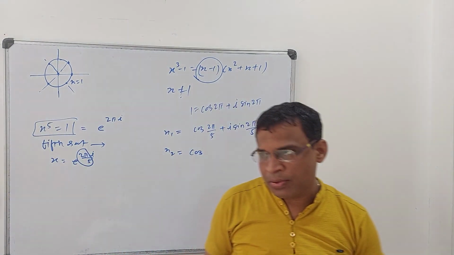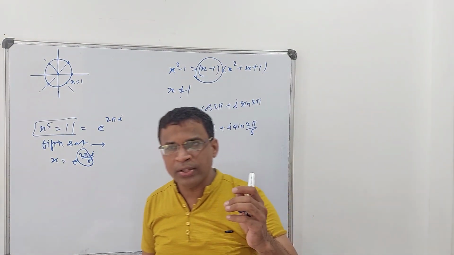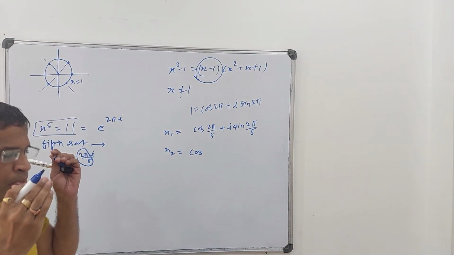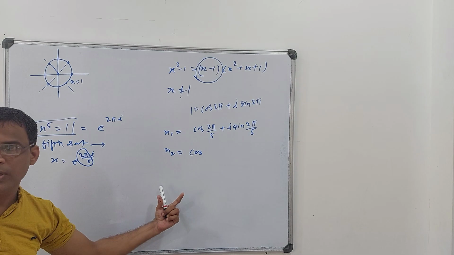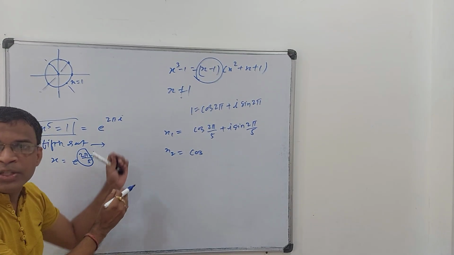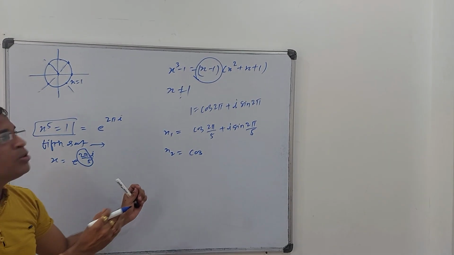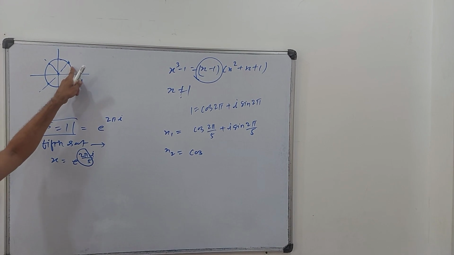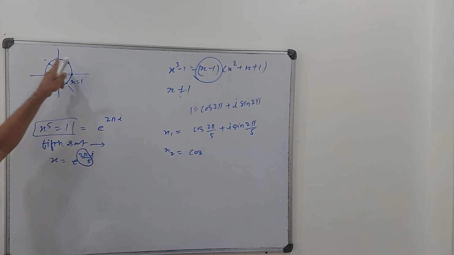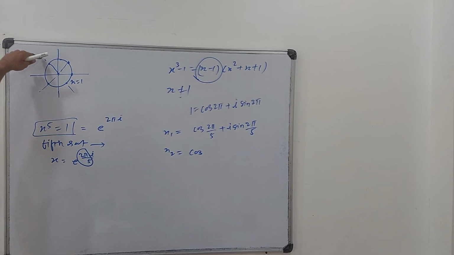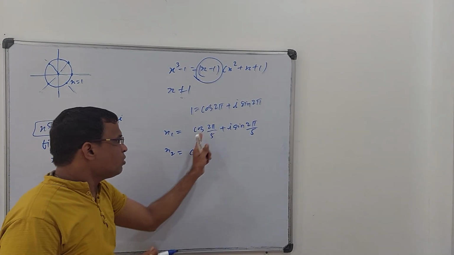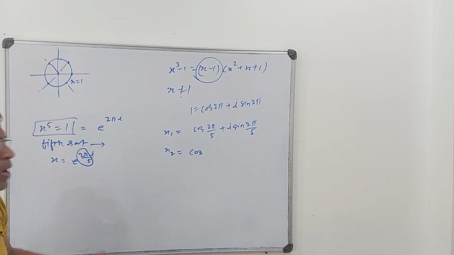I am taking them symmetric because they are complex, and we know that complex roots are always found in conjugate pairs. We have seen those 2 answers in the last set. So they were plus minus only. So they are always in conjugate pair. So see, somewhere you know that something is positive, something is negative. We are not interested in trigonometry right now, but you know this positive, negative, and all that. Fine. So cos 2 pi by 5 plus i sin 2 pi by 5.